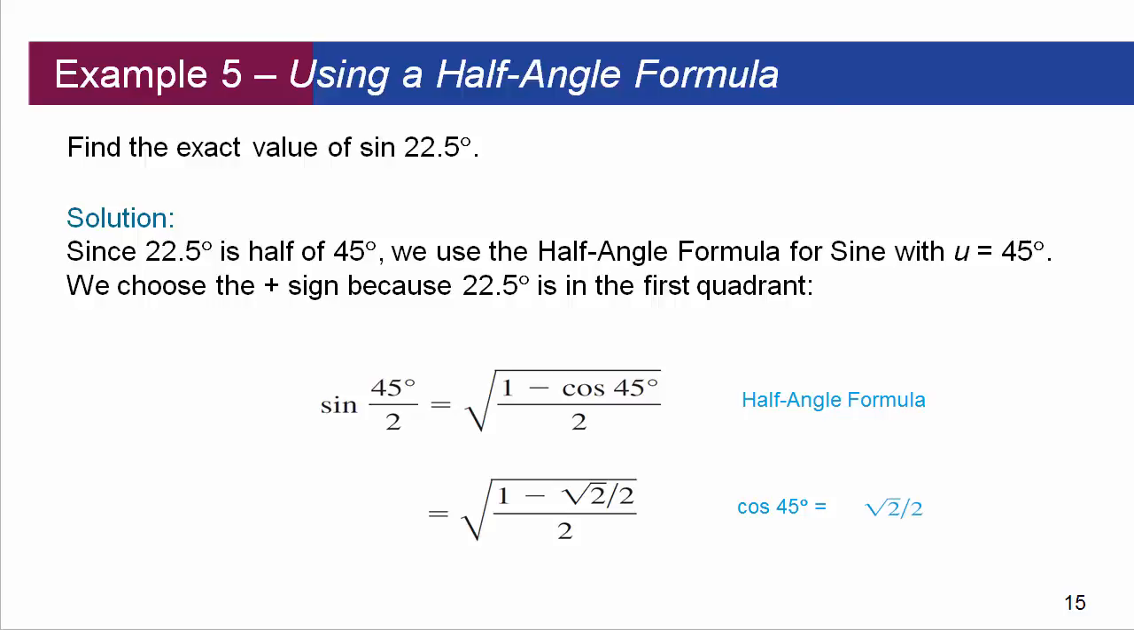Because then, using my formulas, I get 1 minus cosine of 45 all over 2, take the square root, and I'm going, okay, it's either plus or minus, but 22.5 is in the first quadrant, so sine is positive, so I take the positive version of it. And these get a little tricky as far as writing the answers are concerned, because cosine of 45 is square root of 2 over 2. So now we get 1 minus square root of 2 over 2 all over 2, and that whole thing is